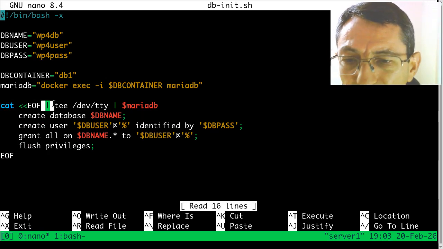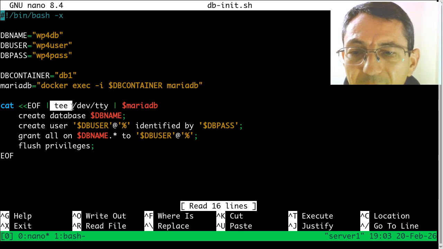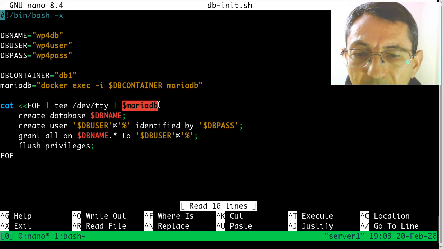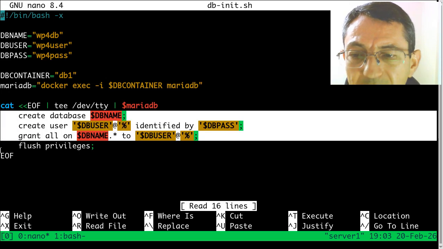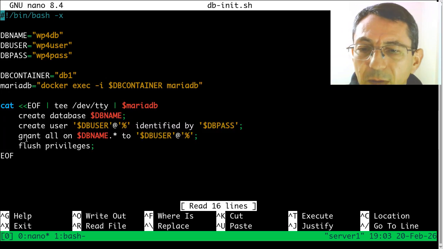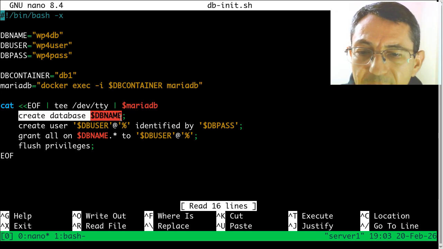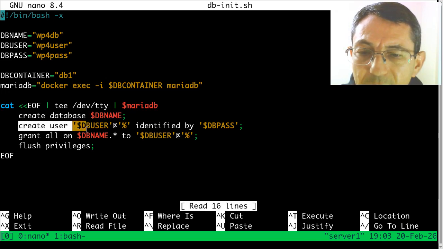And from the output, it is piped to the command tee, and the command tee is sending it to this command, and also it is sending it to the terminal, just so that we can see what commands are being executed. And the commands that are being sent to MariaDB are create database, create user, db user,